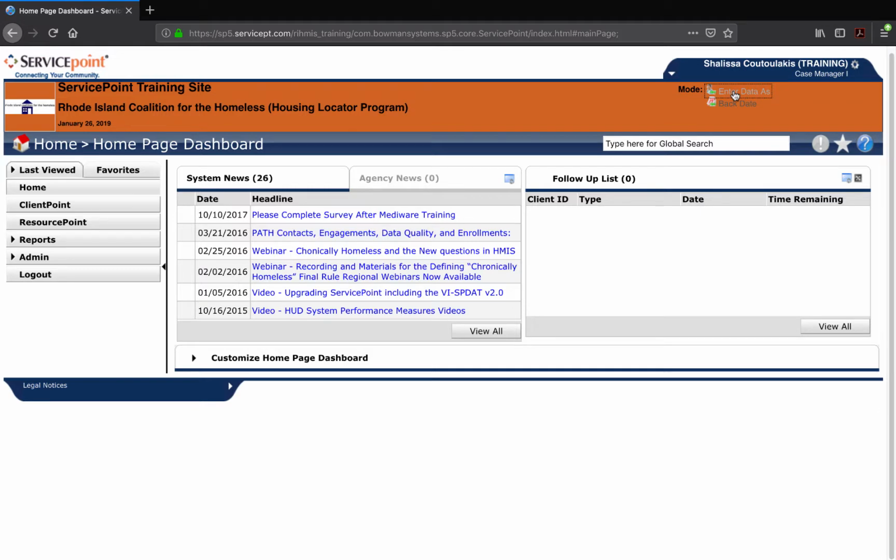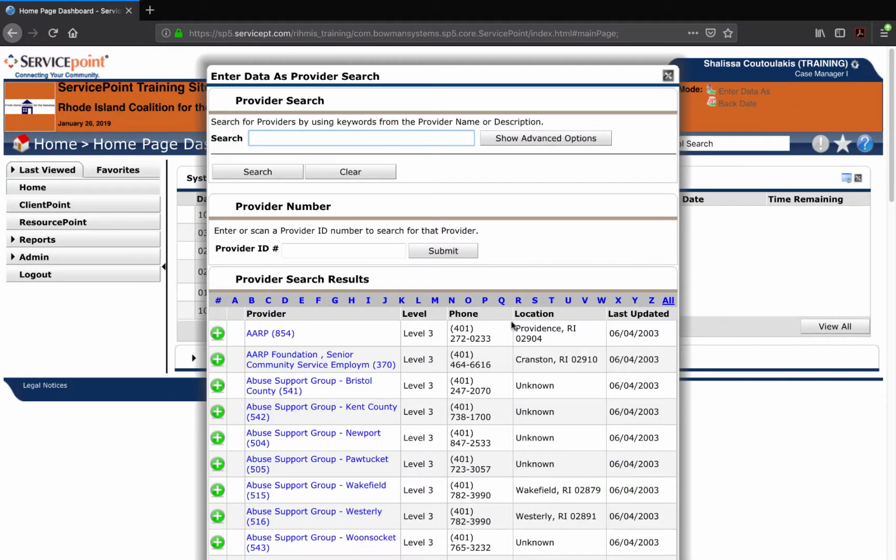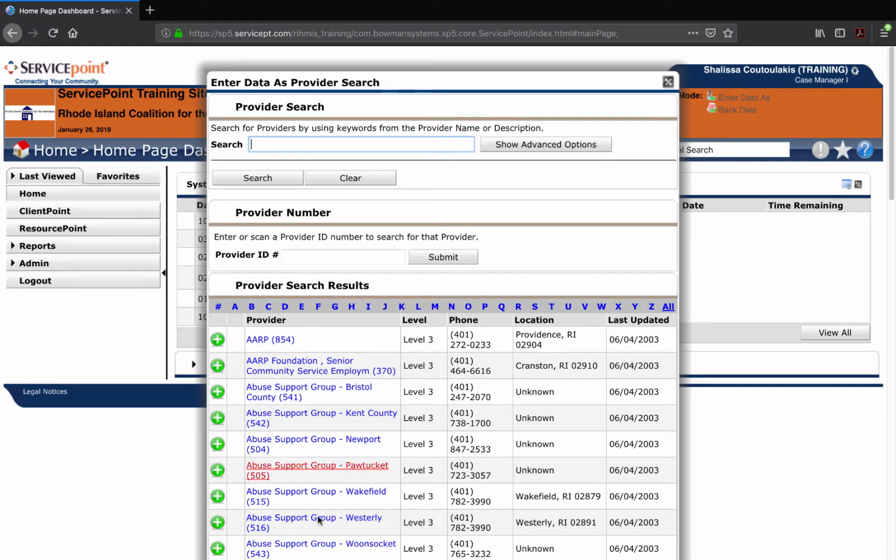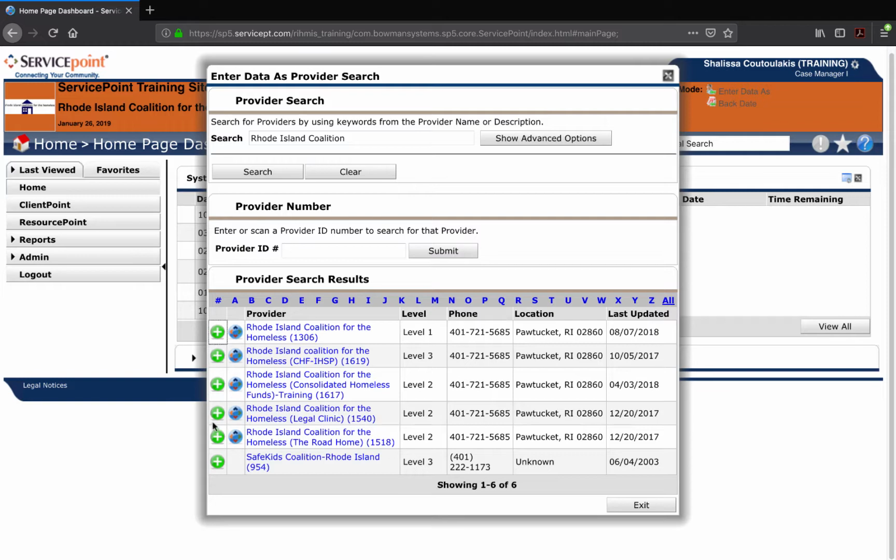So I do that by clicking on it, and a box will come up. And there's going to be a lot more providers here than you will normally see. Usually people only have 2 or 3, maybe a little bit more access to different providers. And what you would want to do is you can either type in the name of the project that you are looking for. So for example, if I was looking for our legal clinic,